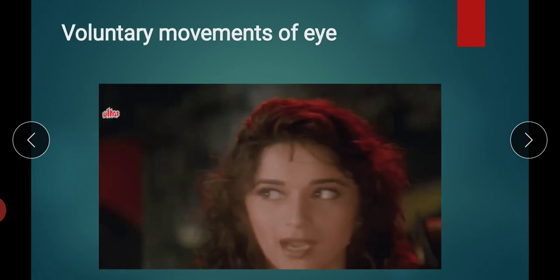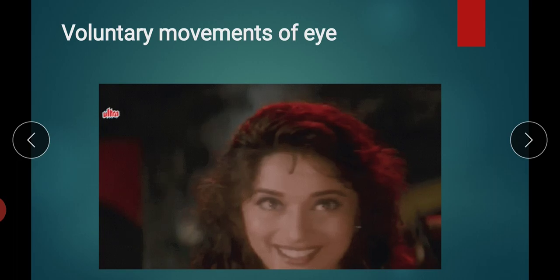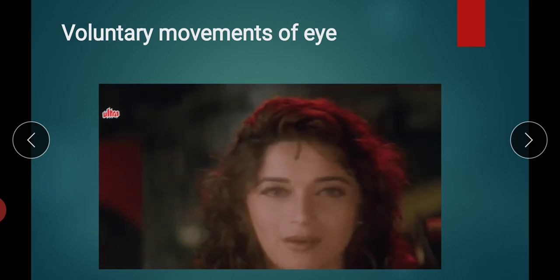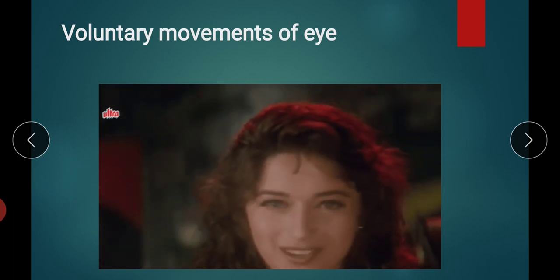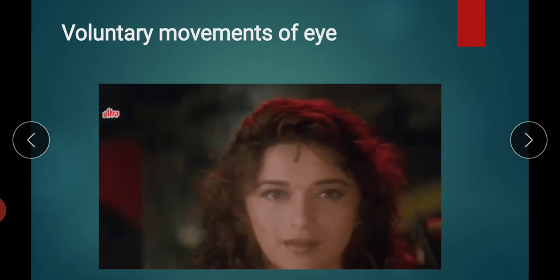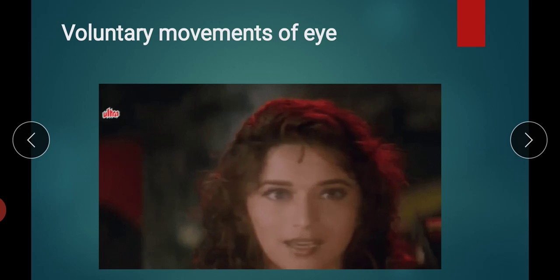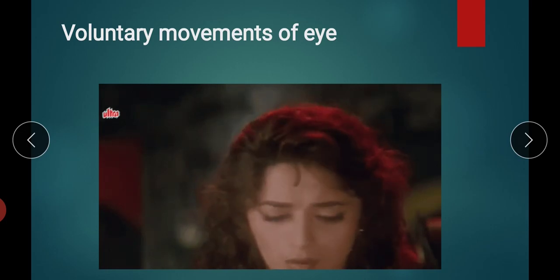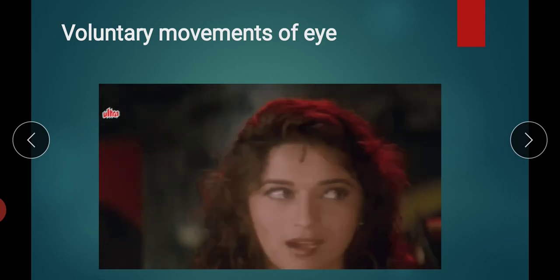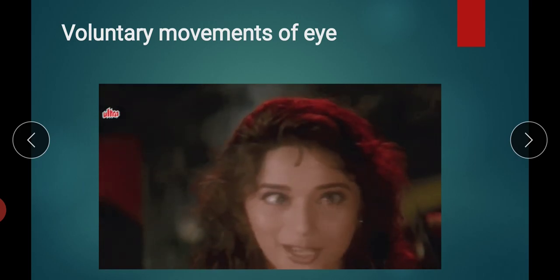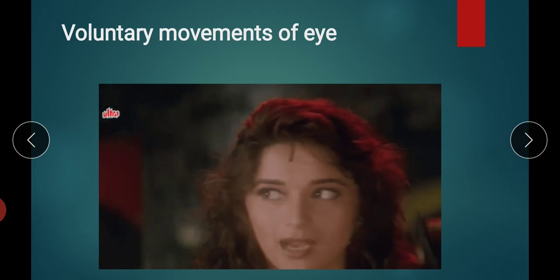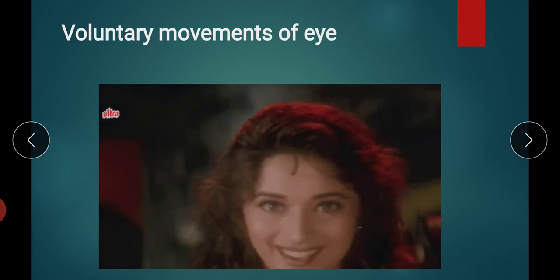And in this image you can see the voluntary movement of the eye. Okay, just focus on the movement of the eye, that these are the ranges of movement which can be done by the voluntary movement area. Okay, a person can move the eye laterally, medially, and even rotate the eye. Okay, so this is the importance of voluntary movement of the eye, which is done by the voluntary fixation area.